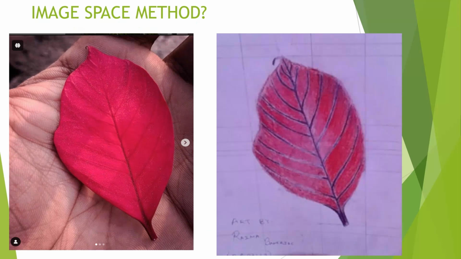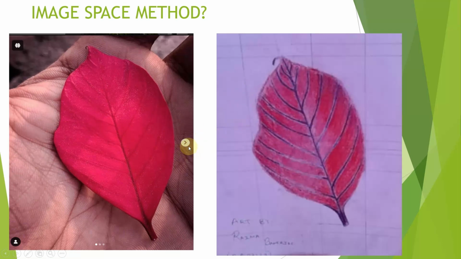For example, we have all used this image space method unknowingly while drawing any sketch using a photograph as reference.